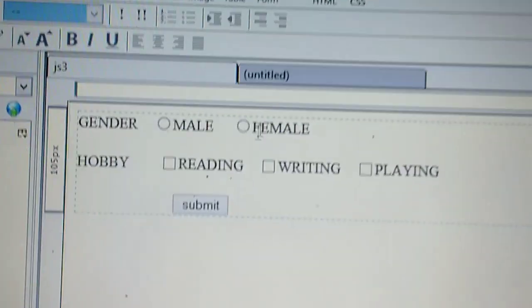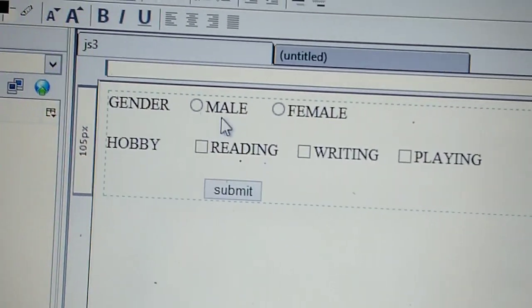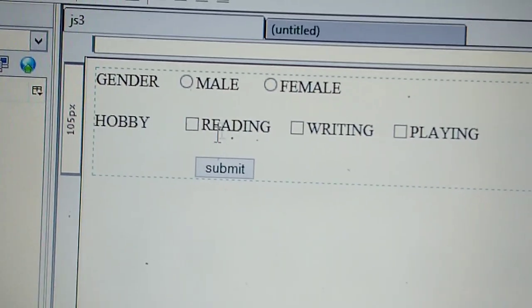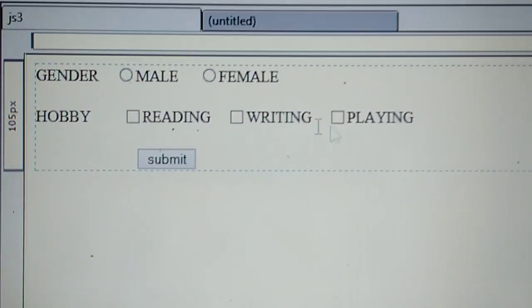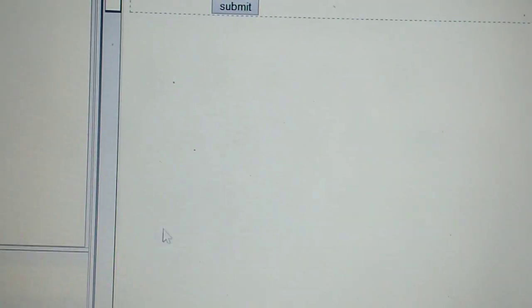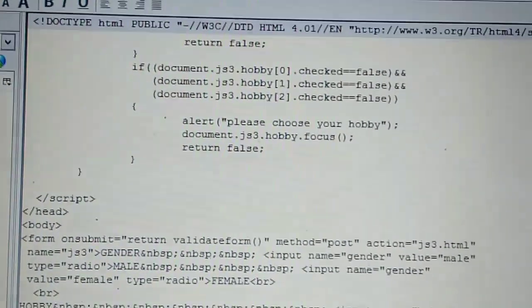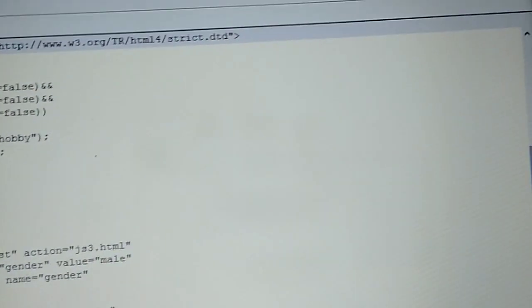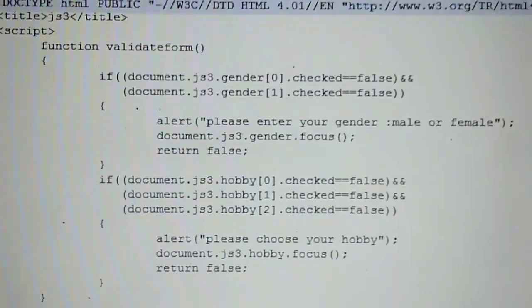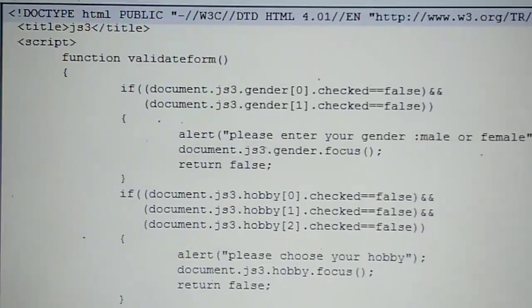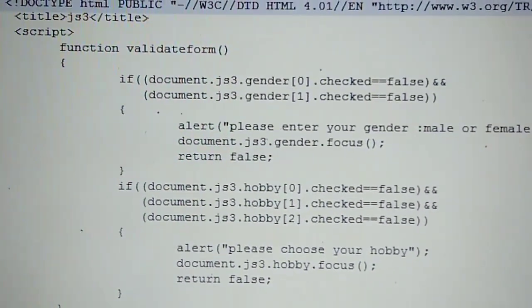User has to select, there is no need to write anything. You have to simply select male or female. You have to simply select reading, writing, playing, any of your hobby. So there is no need to write any text inside your program. That's why there is no need to write a variable.